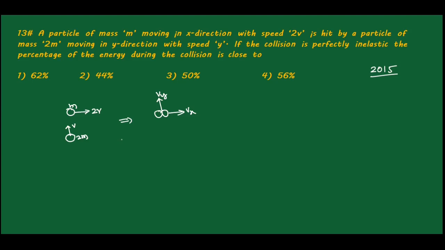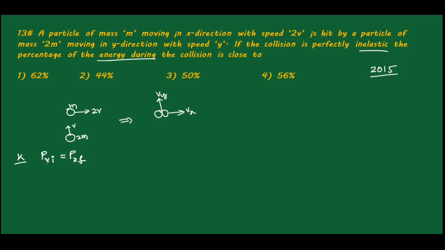Now we have to find out what it is asking. It is asking for the percentage of the energy lost during the collision. So in an inelastic collision, it is asking indirectly for the loss of kinetic energy, that we have to find out. Before that, let us understand the momentum initial and final of this situation, in the x direction and also in the y direction. First of all, the momentum in x direction initial is equal to the momentum in x direction final.